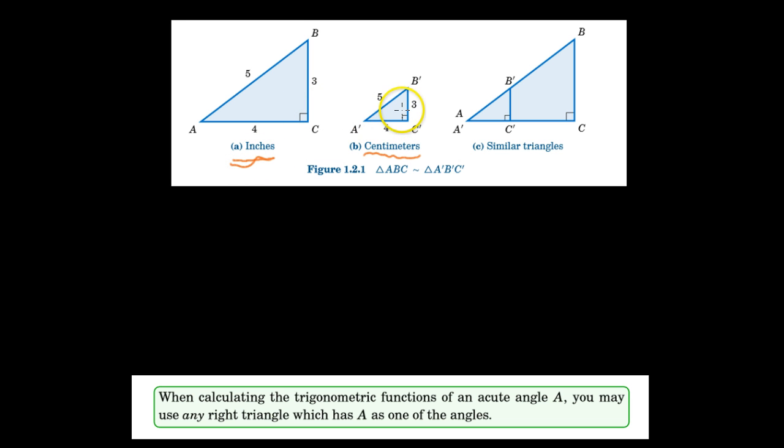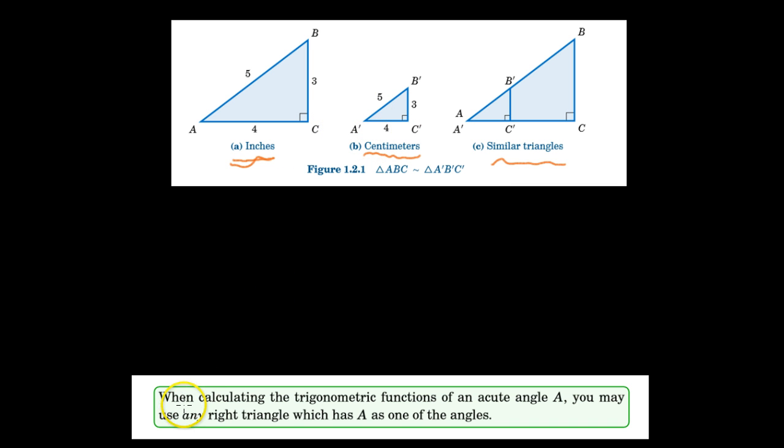But as you can see, these triangles are similar. 2.54 is the conversion for inches to centimeters, so that's the equivalent. That would be what you multiply by in order to convert from centimeters to inches. So with similar triangles and this idea of trigonometric